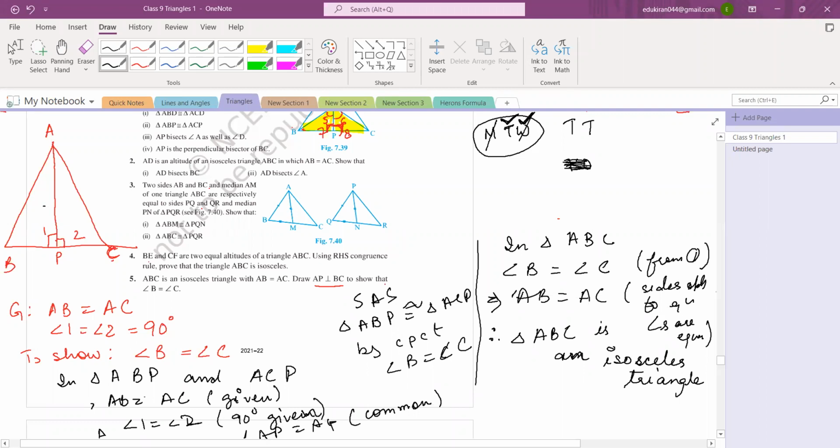Okay, let's meet tomorrow then. We will do the next chapter. Only one exercise is there. It has only 5 questions. It's a small chapter, Heron's formula. And please do the examples of this one. And please let me know. Please circle in your book whichever example you are facing problem with. We will discuss it here in the next class.